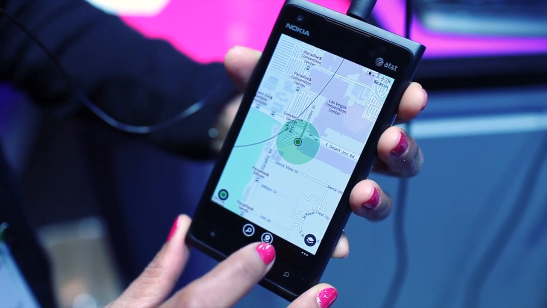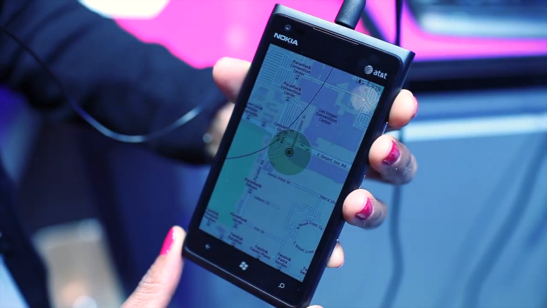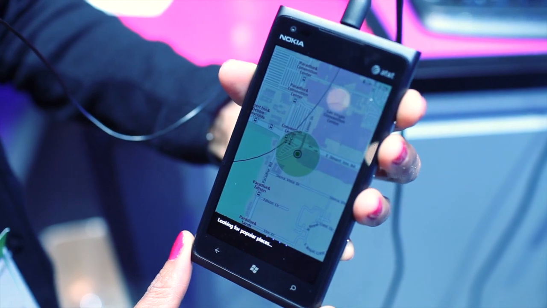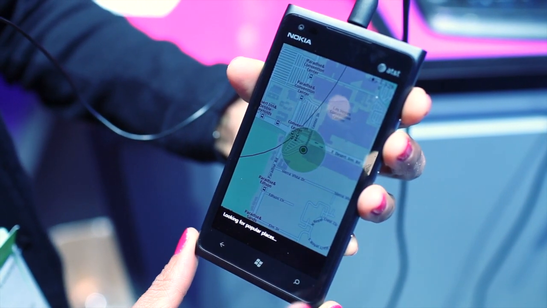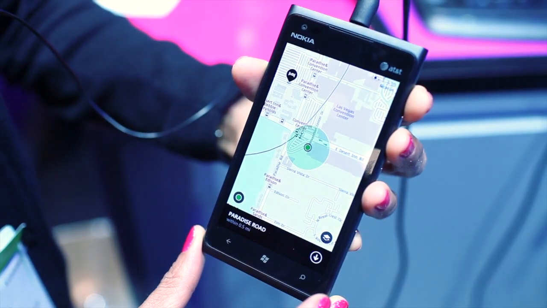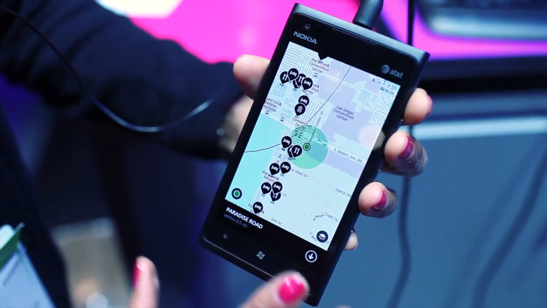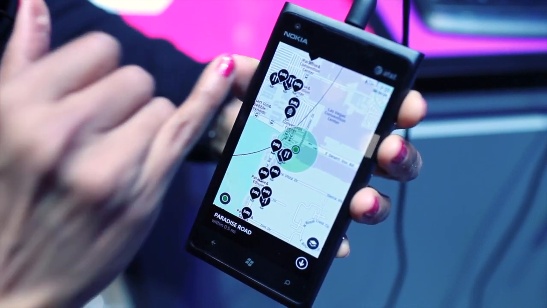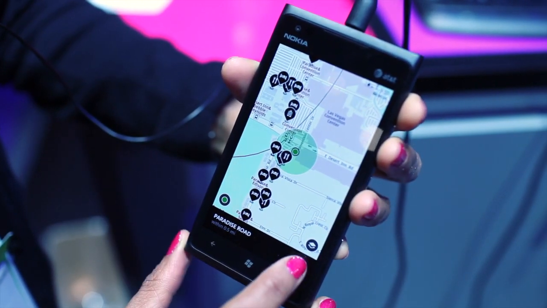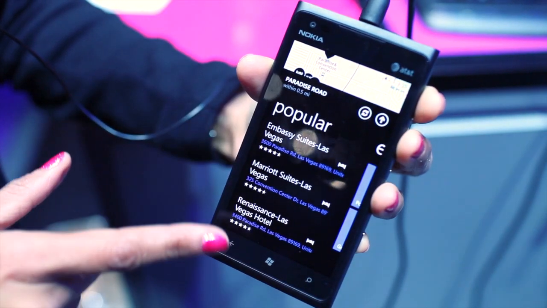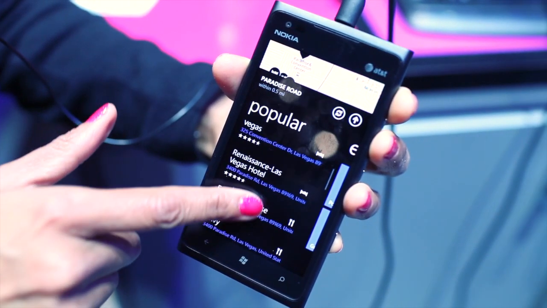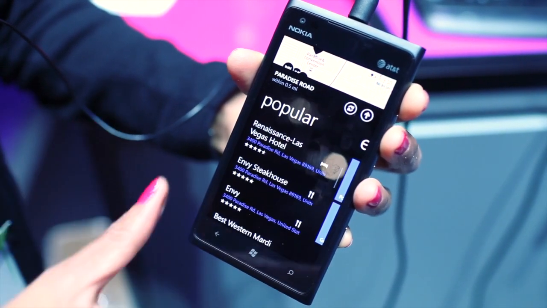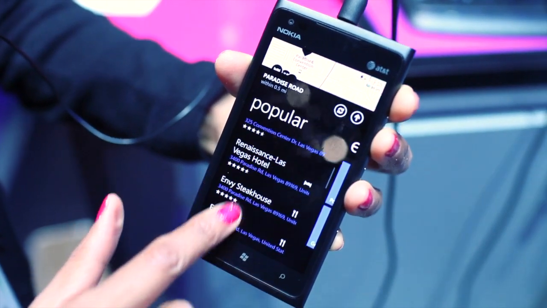Now let's talk about an offering of what's happening nearby. So let's say you're in downtown, you want to know what's going on. You pull out a Nokia phone and you can tap on the nearby icon, and it gives you a quick view of all the things near where you're at. Now, as you can see, there are different categories, and you can either work with this view, or if you prefer a list view, tap on that, and you can see a lot of the POIs, for example, hotels, restaurants, and other categories.